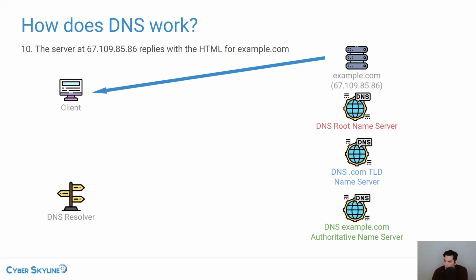The DNS resolver will ask the root name servers, can you point me in the direction of the .coms? If I'm trying to go to example.com, they'll get pointed in that direction. And then the .coms will tell you specifically where to find the records for example.com. And then you go to example.com's authoritative name server. And then finally, you can get the IP address of the website itself. So I hope that helped clarify how this process actually works.